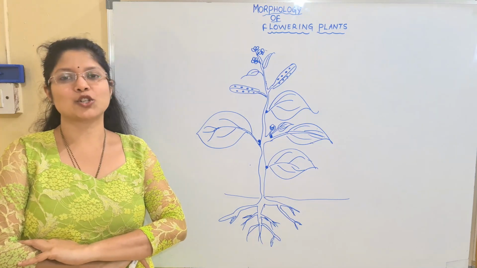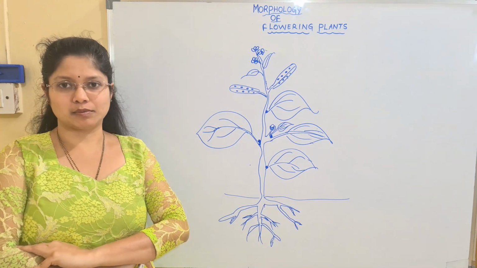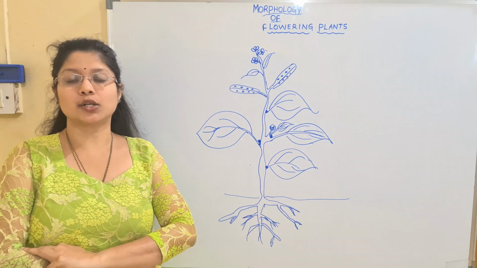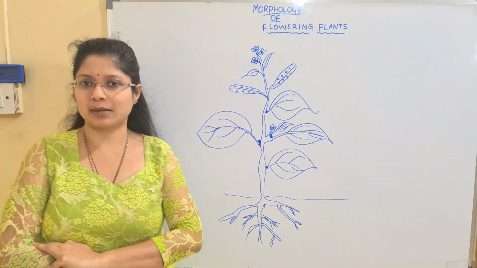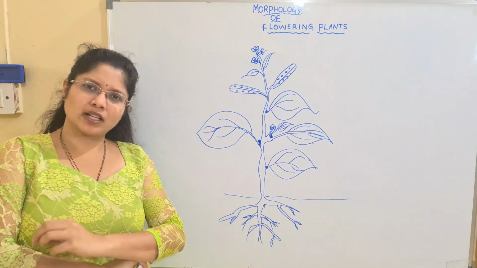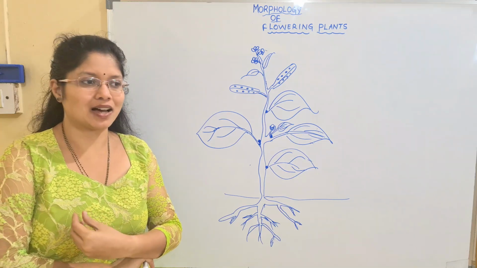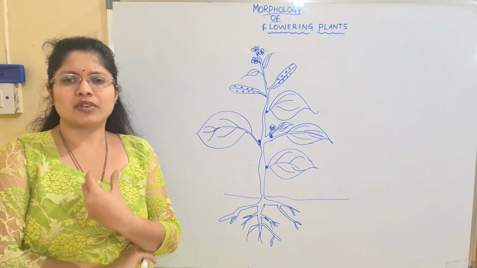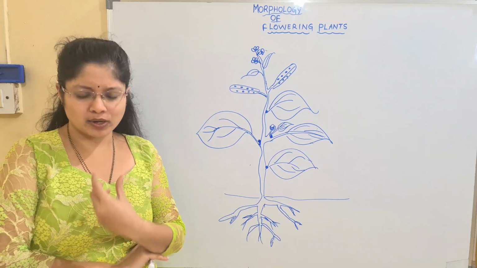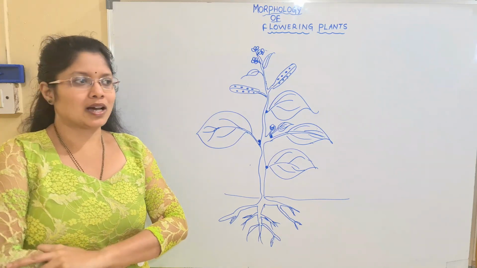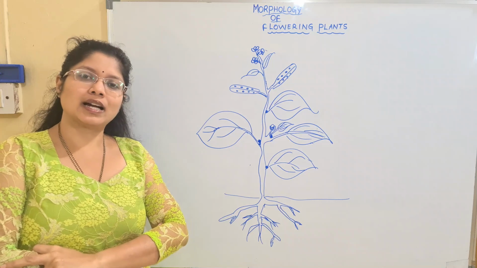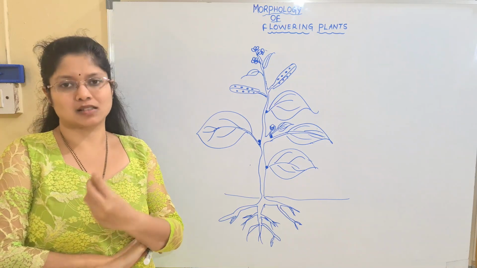Hello students, today's topic is morphology of flowering plants. With respect to your need, 3 to 4 questions are possible from this chapter. Mainly we don't have any large concept oriented topics here. Mainly we have many different types of examples, so memorizing will be more here. So we have small concepts, and with that we have to remember many examples.